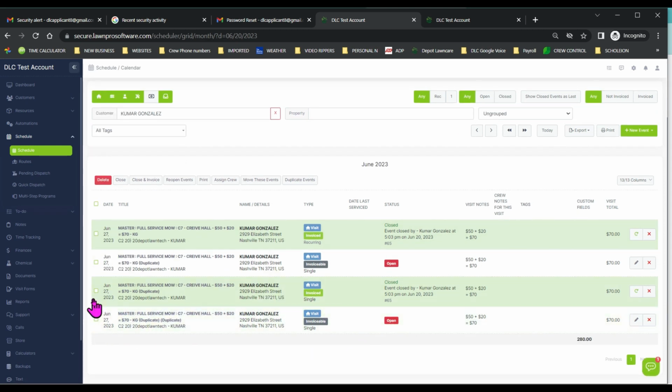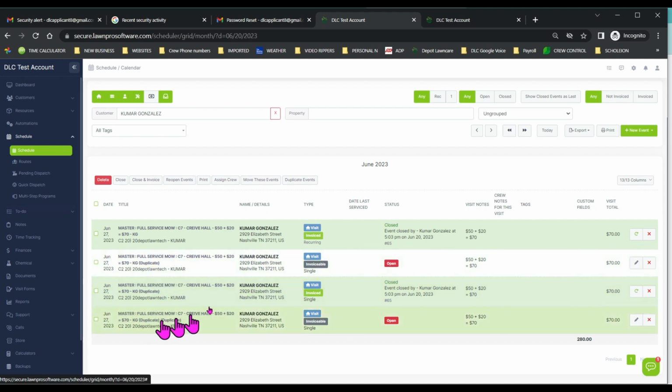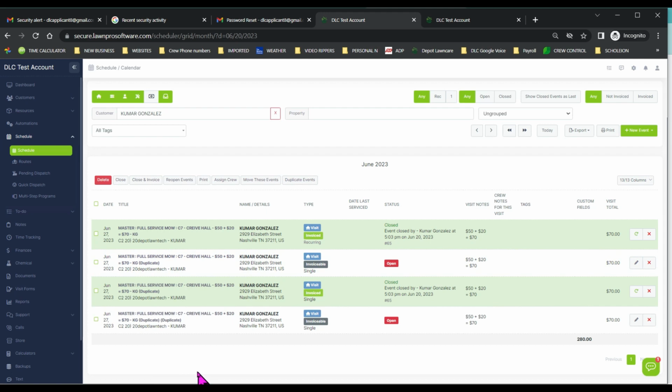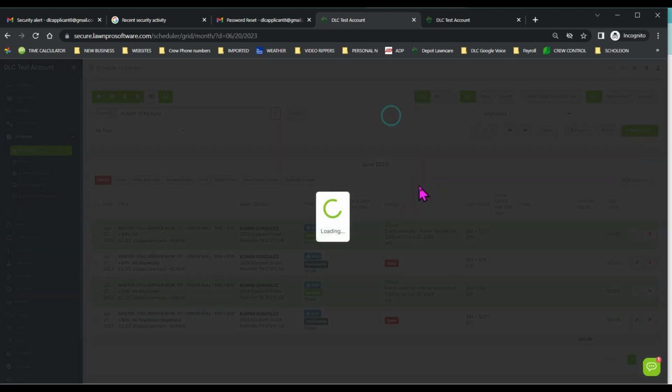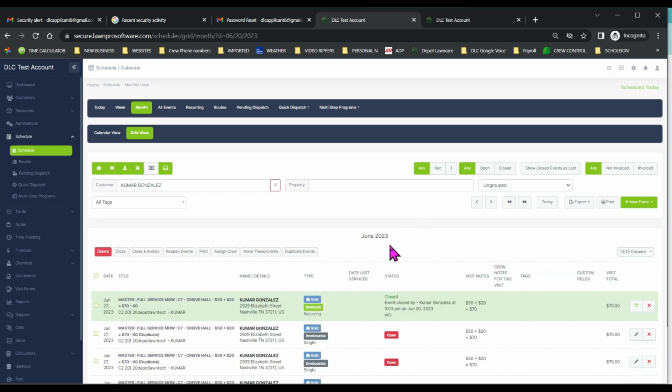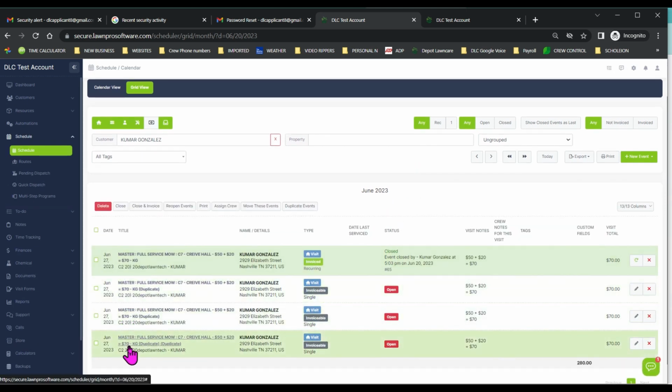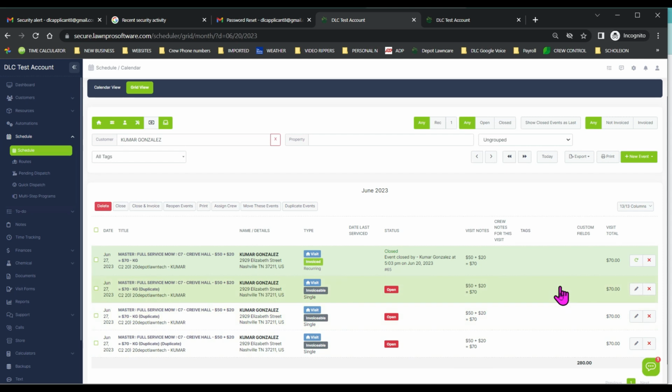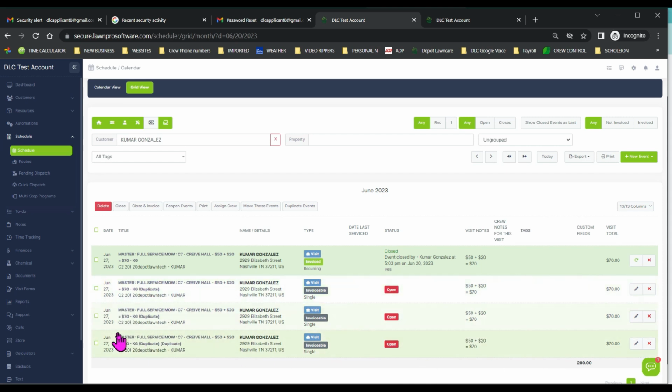There we go. And I need to locate the ones that say duplicate. That one says duplicate, that one says duplicate, and that one says duplicate twice. So I will need to come in here, and we are now going to reopen this event. Hit yes. There we are. And now I have 3 different events, all of them for $70 that are all essentially on